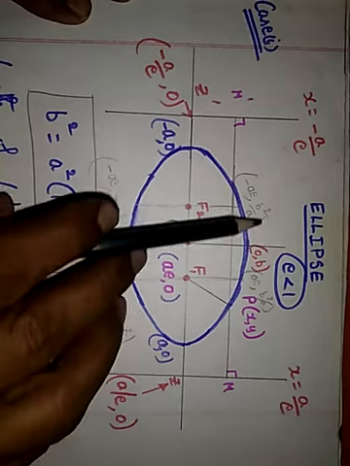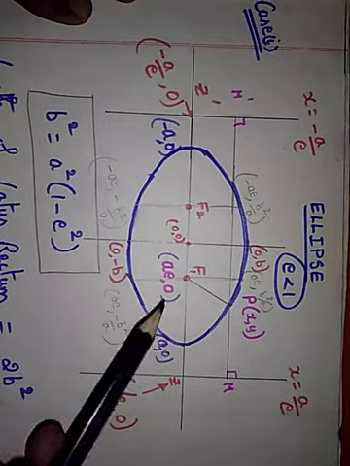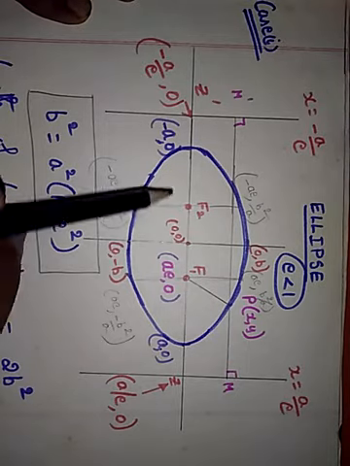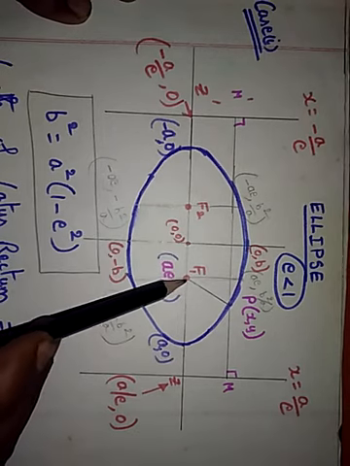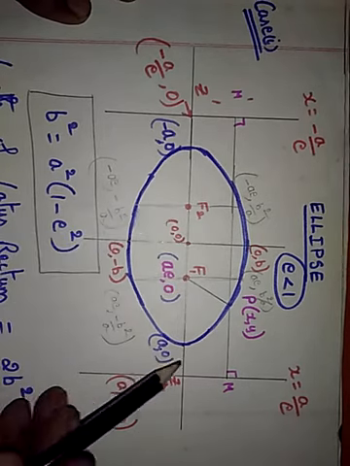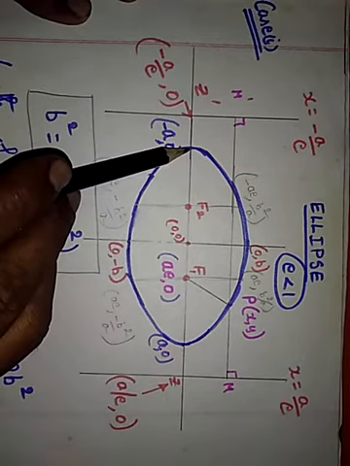Today we are going to see about ellipse. So this is horizontal ellipse, and then we are going to see the vertical ellipse. So this is major axis, this is origin, this is focal point 1, focal point 2. The coordinates at this point is a comma 0, here it is minus a comma 0.